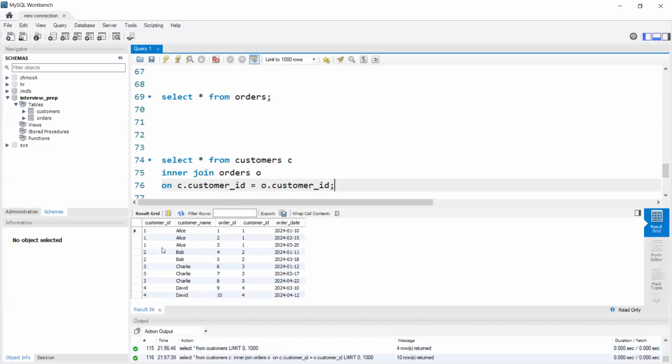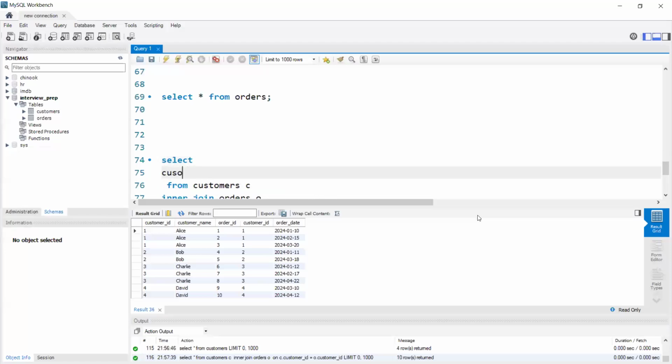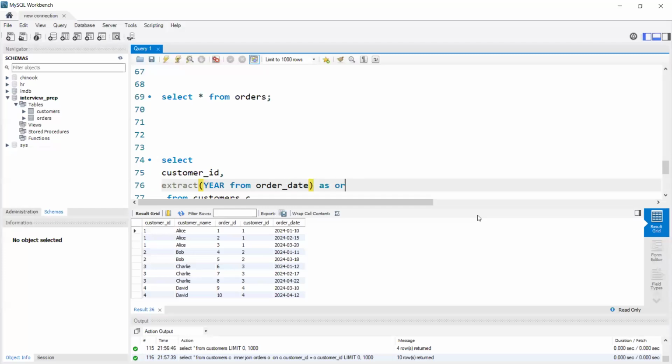So there's the join which we have done. I will choose customer ID. I want year and month, right? So I can fetch them using the extract function. I can use any other function also, whichever we want. We have discussed multiple functions in the MySQL sessions. So extract is one of the functions where I want to extract year from order date as order year